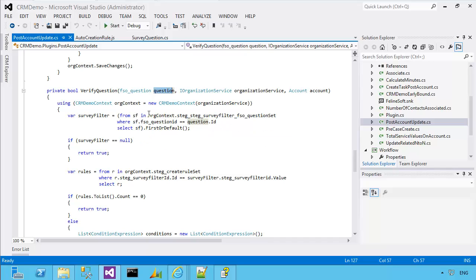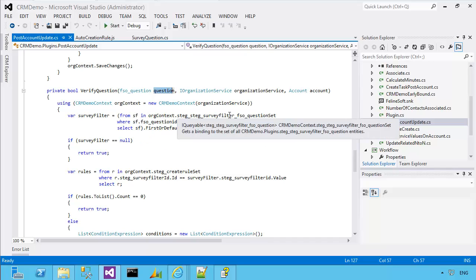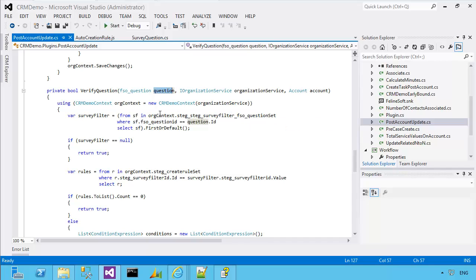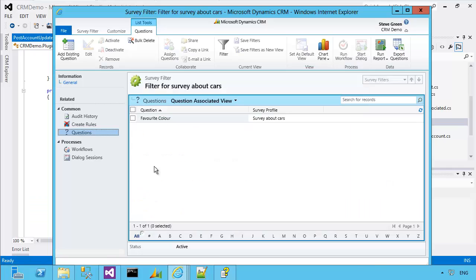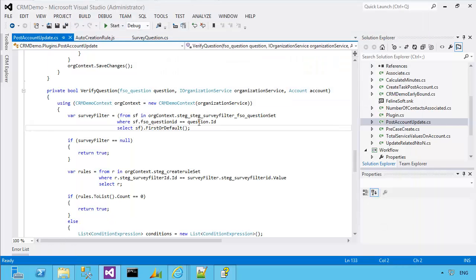So I should get a single row for this question, so I can get the ID of this parent filter for survey about cars. So favourite colour, query the many-to-many for favourite colour, get the ID of the survey filter record. So if it's not null, i.e. the question does exist